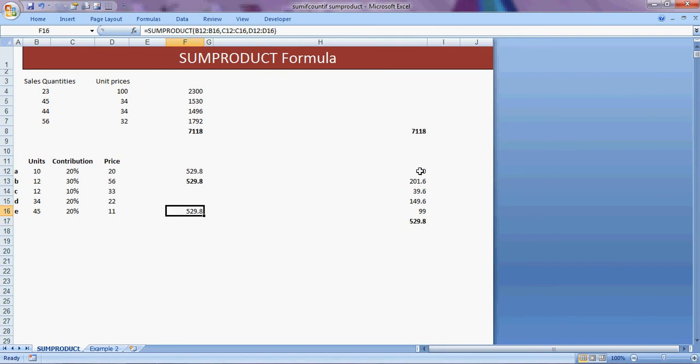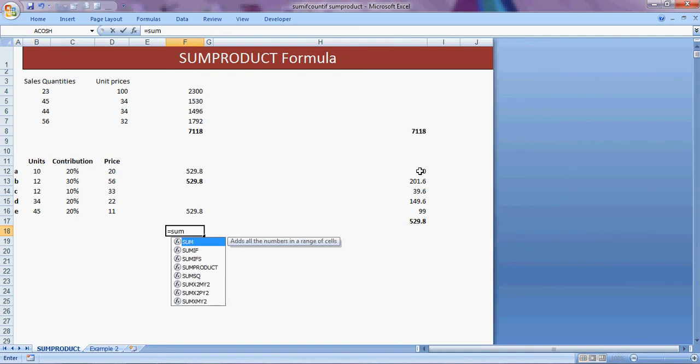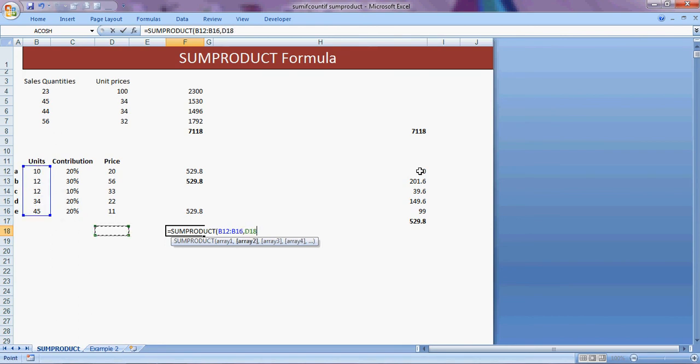The same thing can be done by means of the SUMPRODUCT formula. I'll show you over here: equal to SUMPRODUCT, array 1, array 2 and array 3. Close the brackets and press enter. So you get the same result.